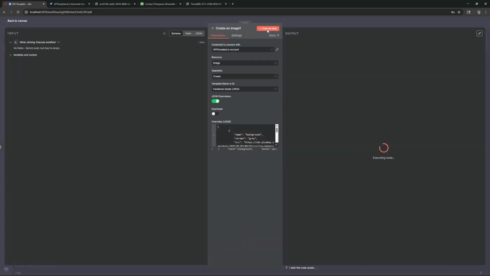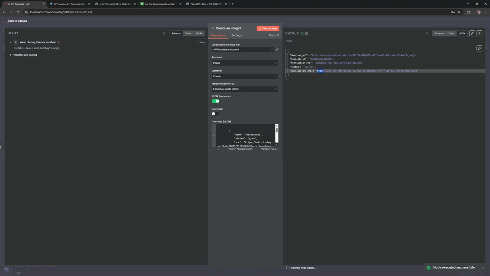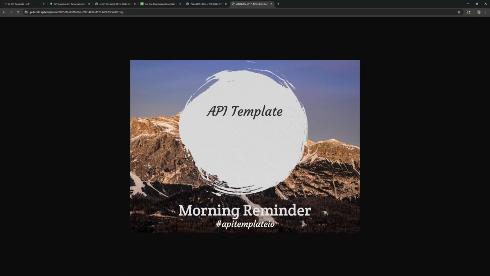And then same deal, if we execute the step, it's going to then send this information now instead of the previous parameters that we had set up before. It's going to send this over, create the image again. And now it has the text I put in there from n8n. If you build this into your workflow, you can actually have ChatGPT generate some quotes for you automatically and then put the messages it sends you into here, and it will give you that URL, which then you can download the image and put on your socials, for instance.